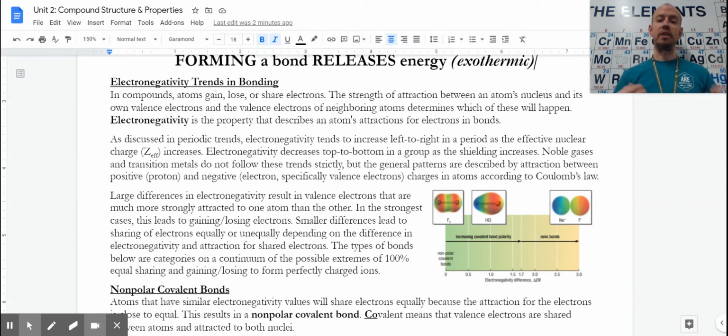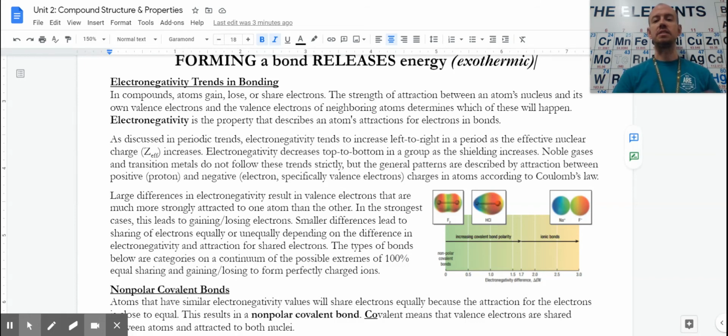You can do numeric calculations, and we'd see that it's kind of a spectrum here between being shared perfectly equal, being shared but shared unequally, and totally gaining and totally losing. And a lot of compounds that we might classify as polar or nonpolar covalent, or as ionic really share some properties of the things on each side of it. You can have an ionic compound that acts somewhat polar, a polar compound with some ionic properties, but we